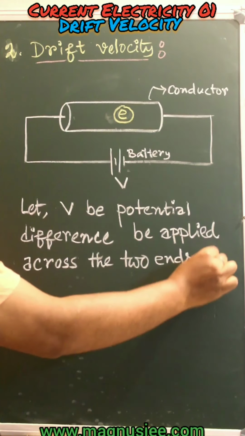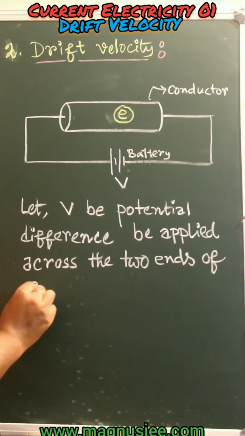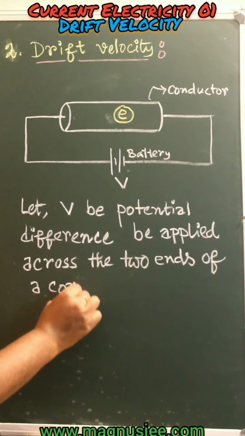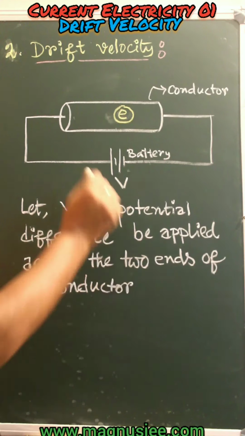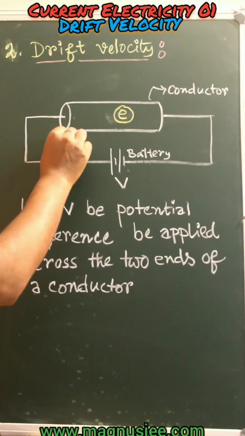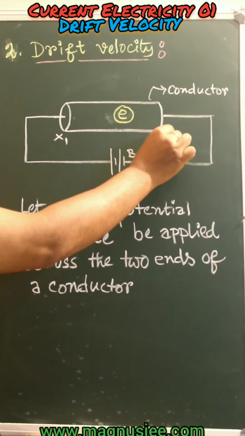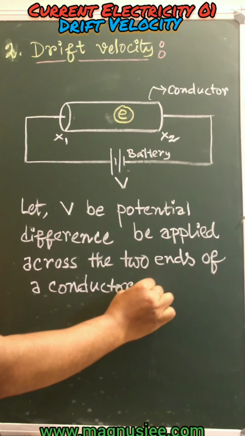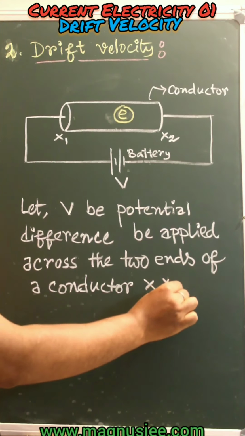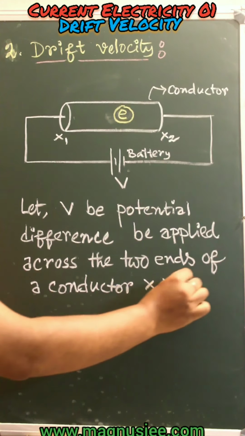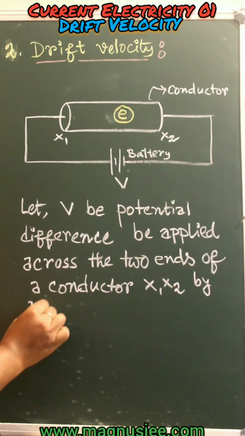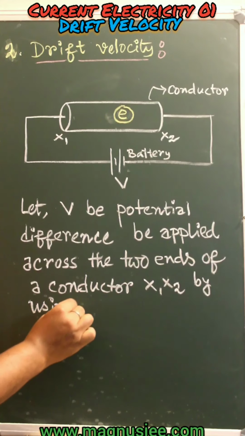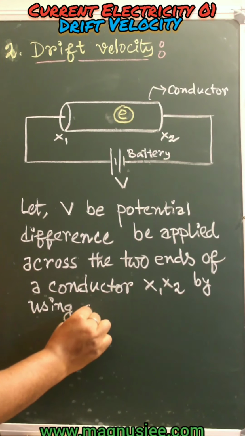Two ends of a conductor of length L. The name of the conductor is X1, X2. V be the potential difference applied across the two ends of the conductor X1, X2 by using a battery